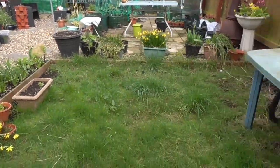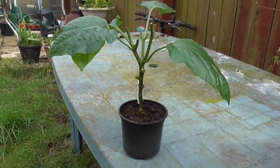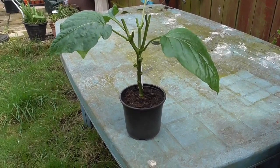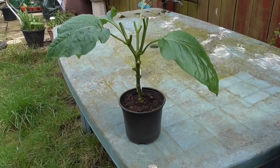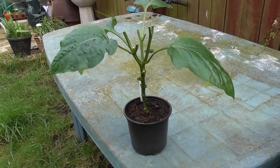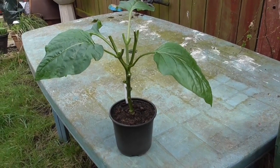The other thing I was going to mention on here is my chilli plants. I'll put him there. Now you think, oh my god, what's happened? Well, I was watching YouTube and I caught Brian Bastable from UK Here We Grow. Brilliant channel. If you haven't watched it, get yourselves over there. Very knowledgeable people, know quite a lot about growing veg and everything, chickens and all sorts like that, building stuff, they know it all. So one of the videos they were talking about pruning the chillies,